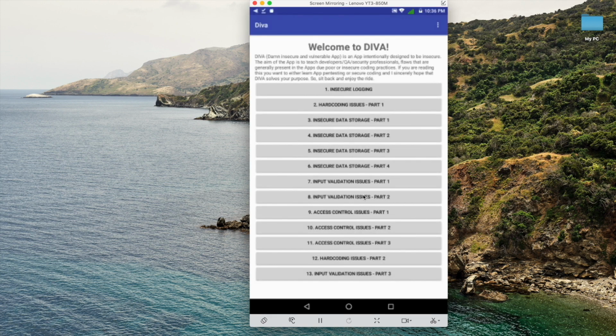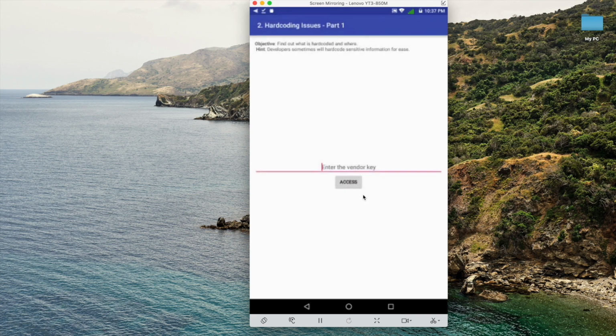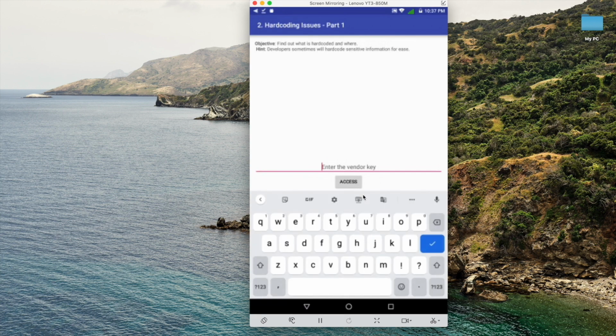You can see multiple challenges are there. We are going to work on the second one, which is hardcoding issues part 1. In this case, the hard-coded key is in the code itself, and the key is the vendor secret key. As you can see, when I type the vendor secret key and click on access, it says access granted.